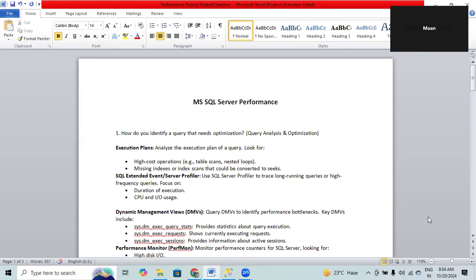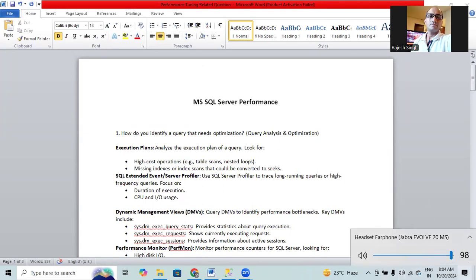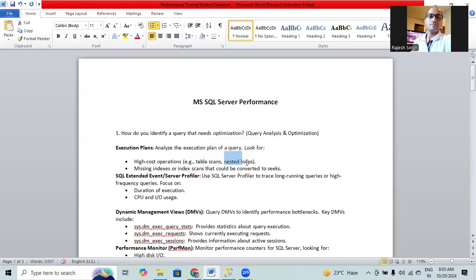Okay, let me check. So basically, what is our goal here? How do we get to know which queries we have to go for tuning? We have multiple parameters. The first parameter is the execution plan. In the execution plan, if the query subtree cost is high, on that basis we can go for tuning. First point, you can say a table scan or nested loop is happening,